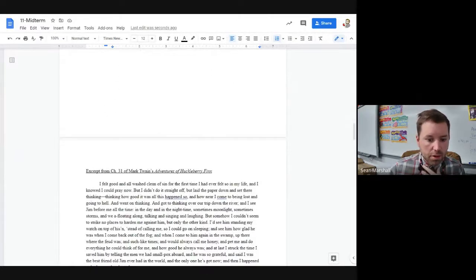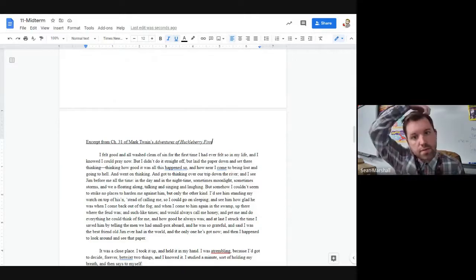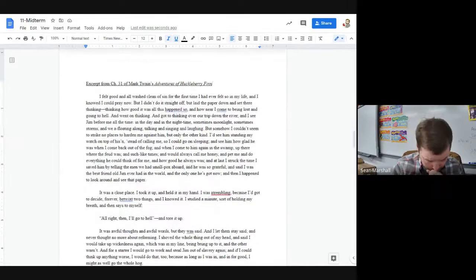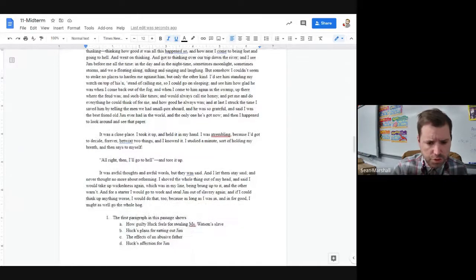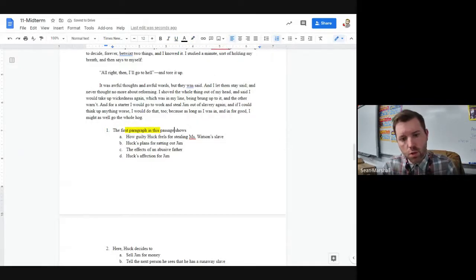The next section is on Huckleberry Finn. Now, we didn't read this exact chapter, chapter 31, but we read a lot of the book, and especially a chapter that is pretty comparable to this one, chapter 16, where Huck is going through a similar internal conflict, and that internal conflict is reappearing in this chapter with a slightly different setting or point of the plot, but really it's the same idea. So you'll just read through, and then when you see the answer you want, click and drag up to here to highlight whatever color you want.